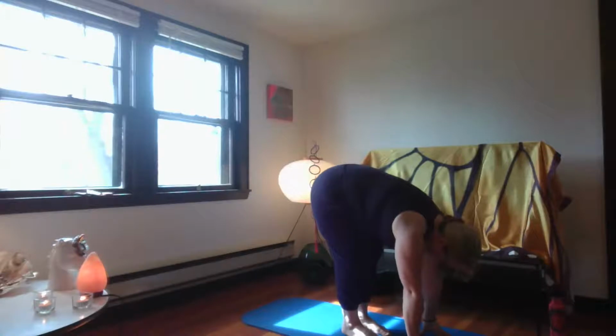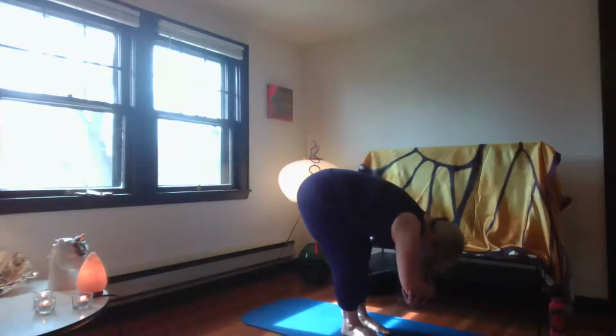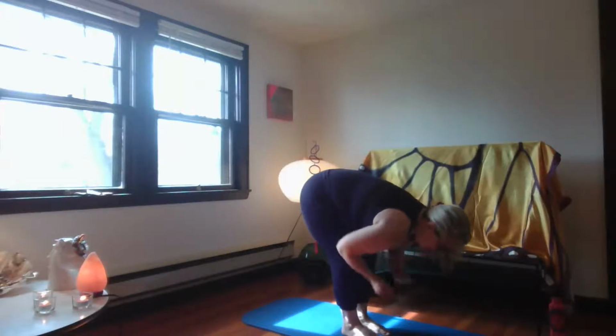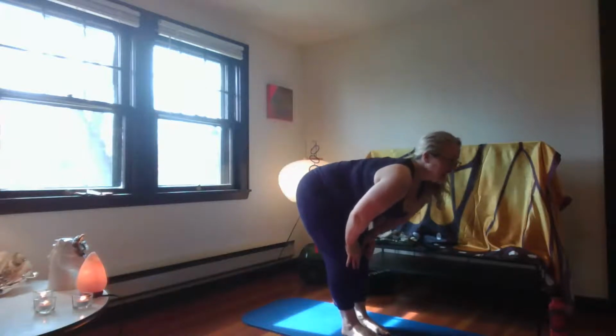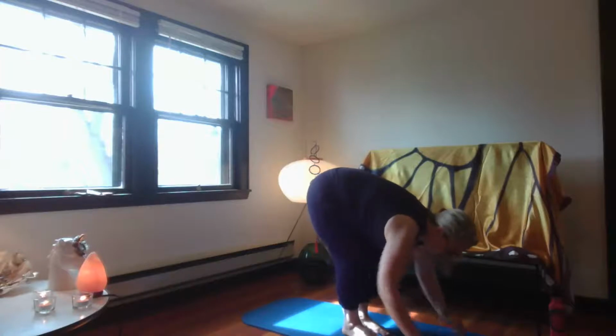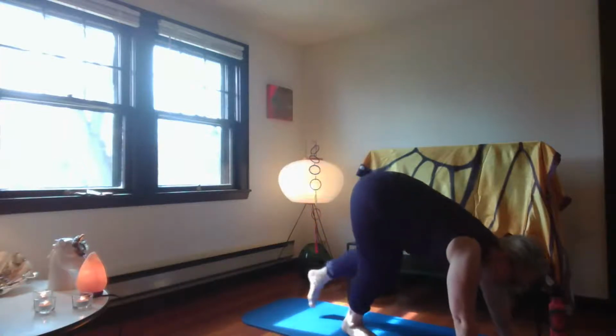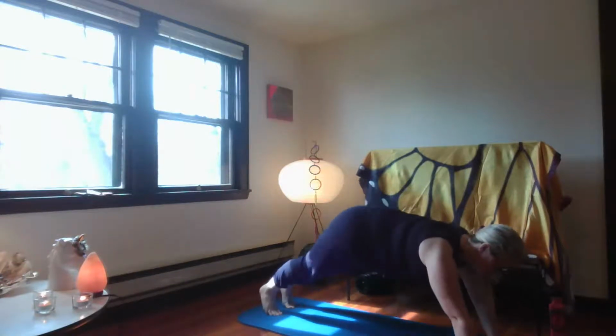Arms can come down to the mat, or you can hug your elbows and rock side to side. Ragdoll pose. From here, you're going to inhale as you straighten and flatten your back. Exhale back into a forward fold. I want you to place your hands on the mat, step your feet straight back, and hold into a plank